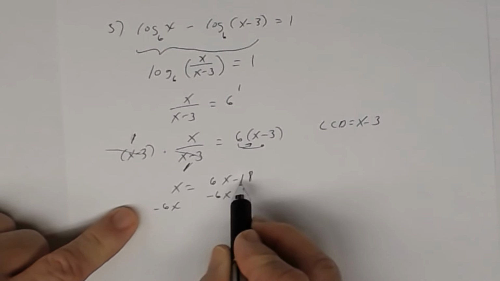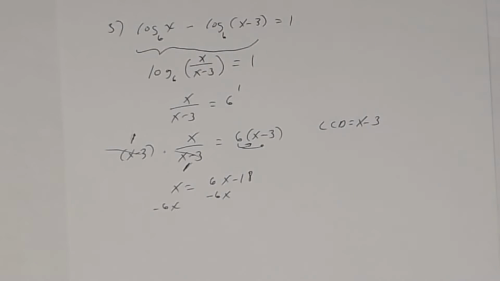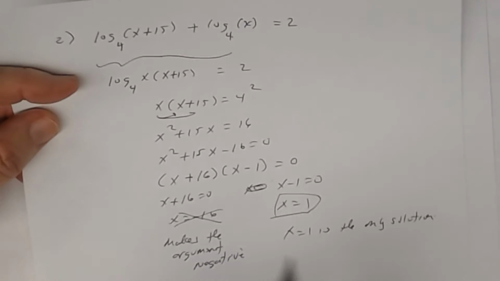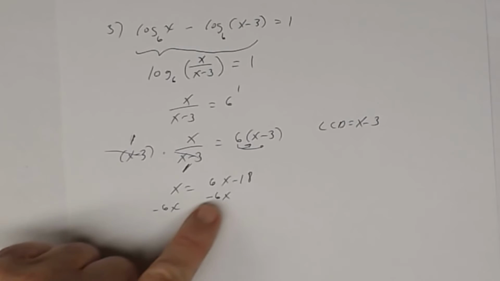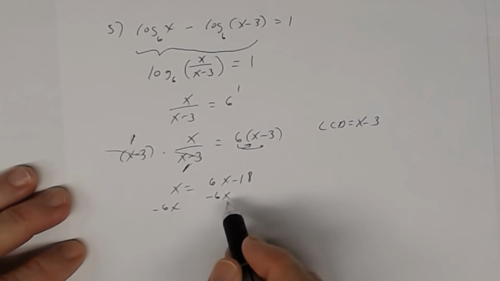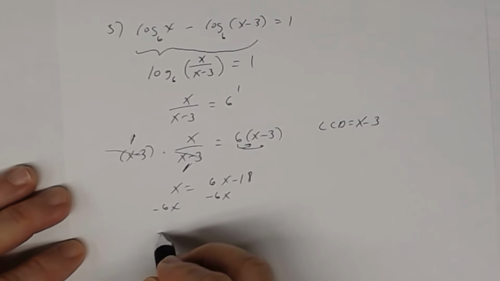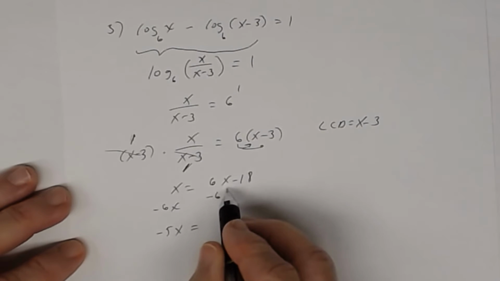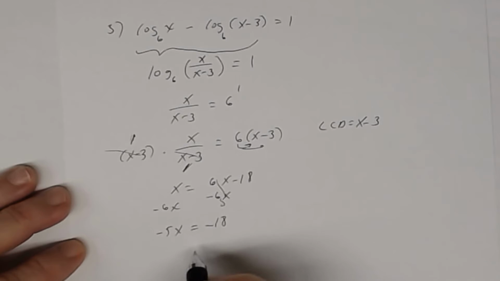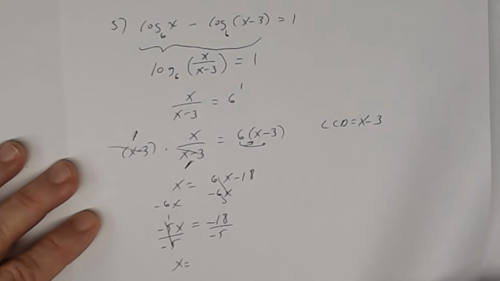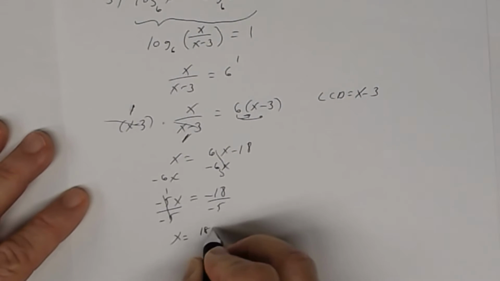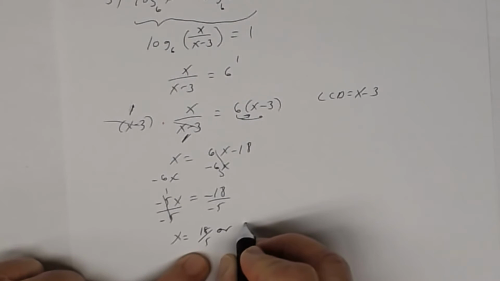So notice this is linear. This is linear, right? The one we did in the previous problem, when I got to that point, that was quadratic. All right, and so notice this is quadratic. This one's linear. So subtracting 6x from both sides, 6x minus 6x is a negative 5x, equal, this is 0, negative 18. Dividing both sides by negative 5, I get x to be a positive, negative divided by negative is a positive, so I get x to be a positive 18 fifths, which as a mixed number is 3